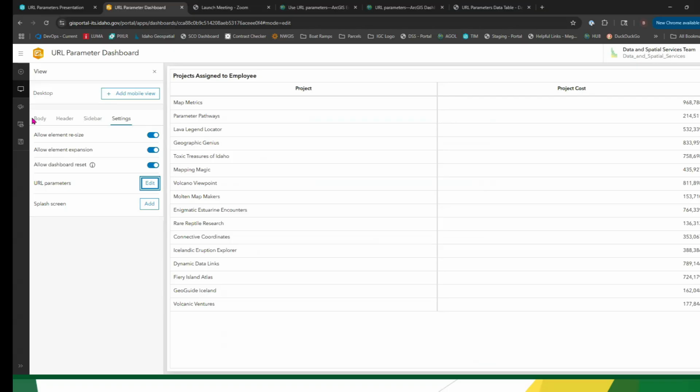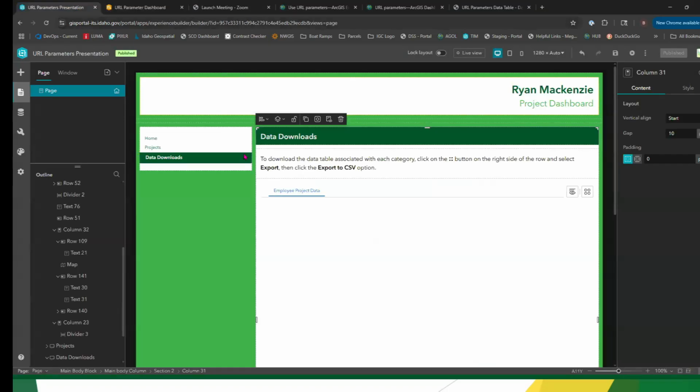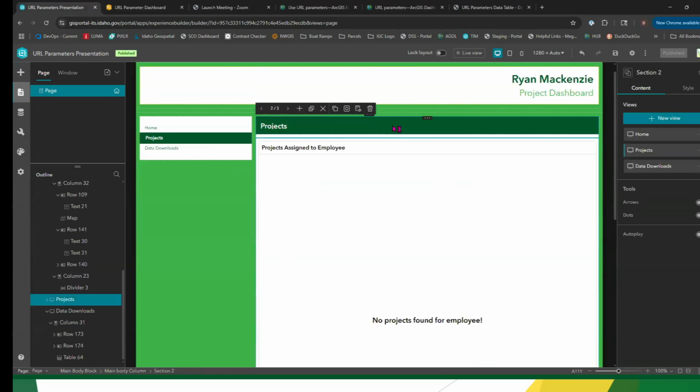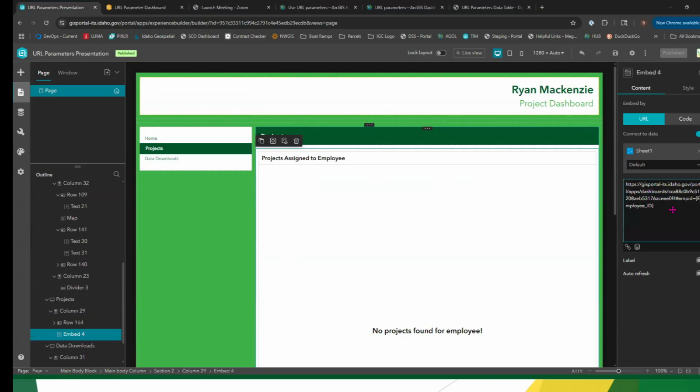All right, so we will move to how that actually works. If we look here, we'll go to our projects tab where our embed is and click here. I'm actually going to erase here. When your URL normally ends here, we are adding a hashtag and then whatever we set as our variable in the dashboard, which in this case